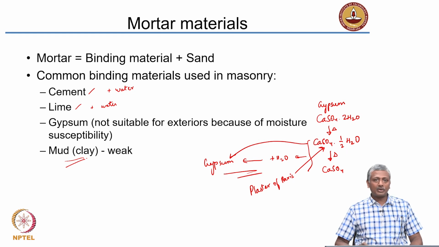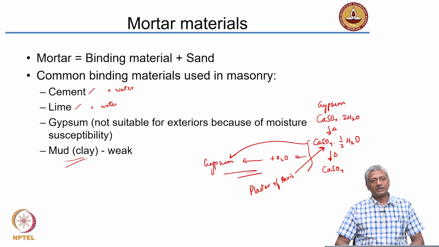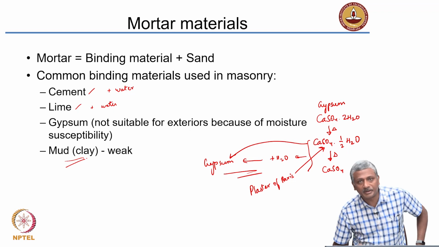The problem with mud mortar or clay mortar is that it's going to be weak, right? It's going to be very weak, and again when there is a lot of wetness or moisture because of rains, it will slowly get eroded. So, you need to design this mud mortar carefully, but then nevertheless you find several examples of rural structures that are using mud mortars or clay mortars to bind their blocks together. Okay, so these are common masonry materials.